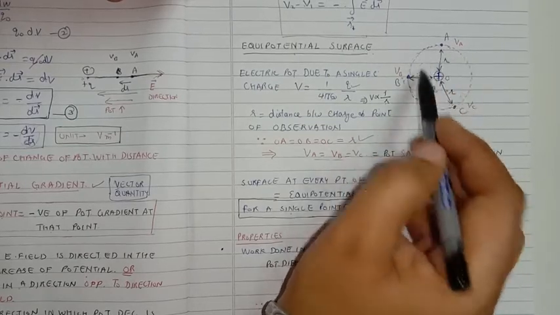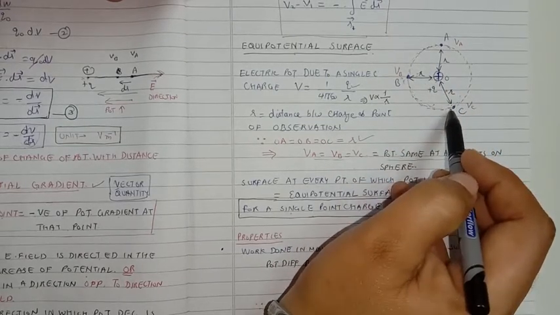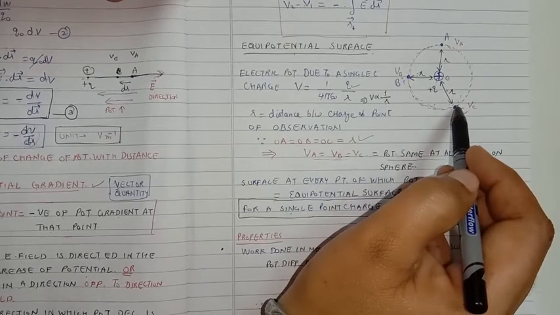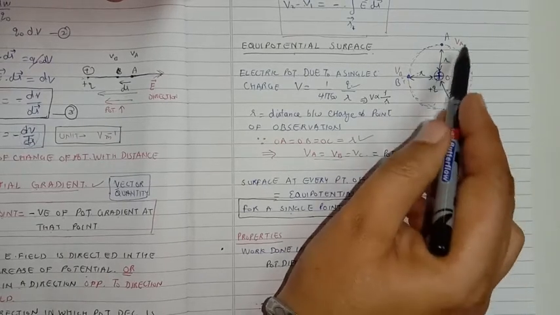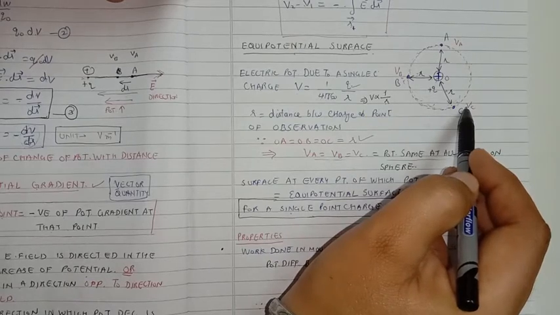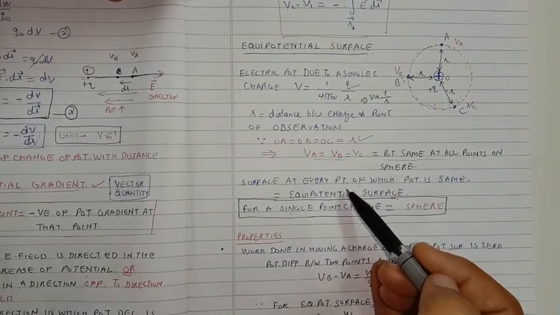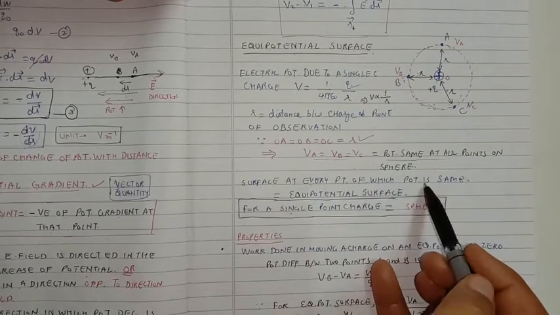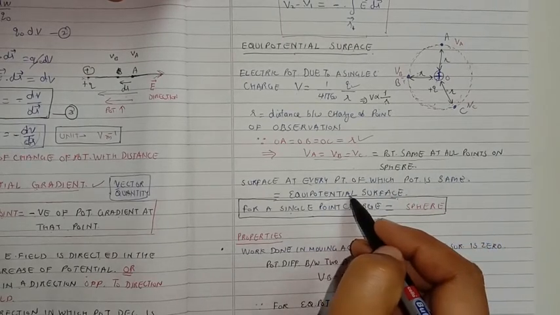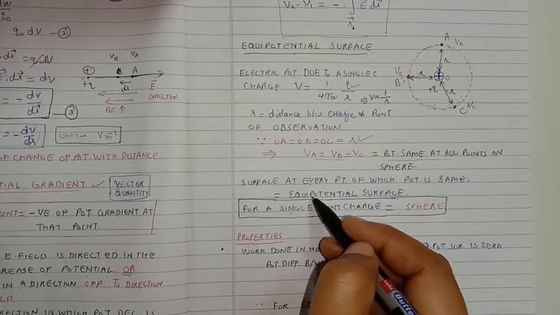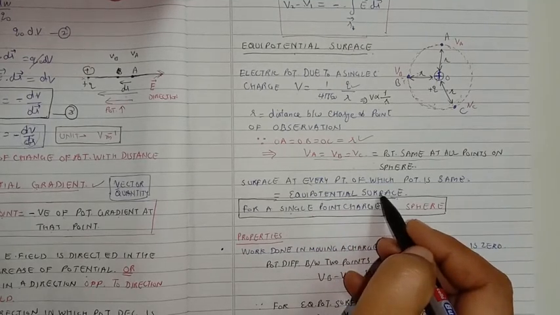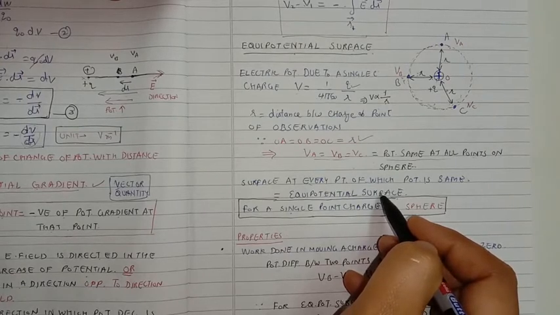then we get a surface with the important property that this surface has all the points present at the same potential. Because the electric potential at every point of such a surface is the same, we call such a surface a surface of equal potential, or in general an equipotential surface. So an equipotential surface is a surface generated by connecting all the points around a charge or a charge distribution or a group of charges where the electric potential value is the same in magnitude.